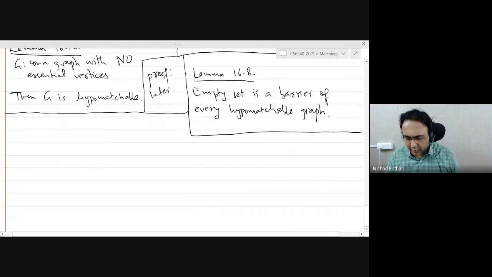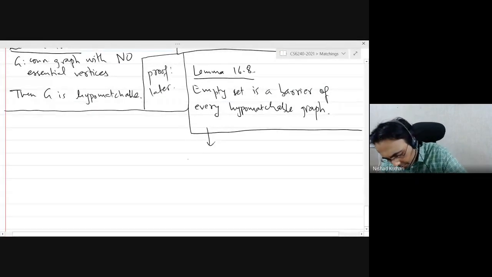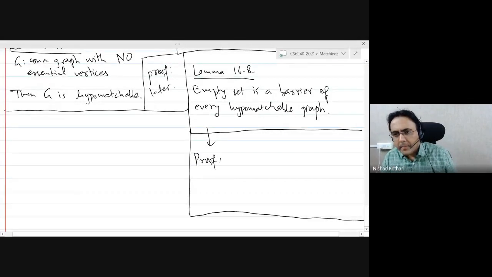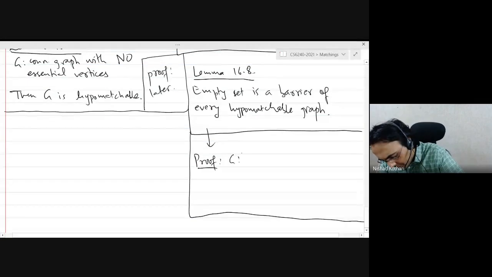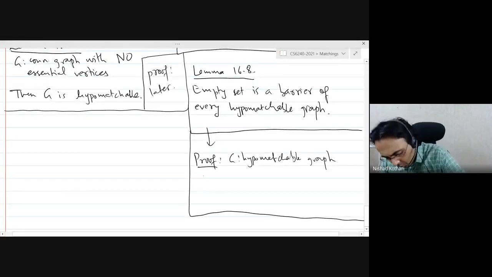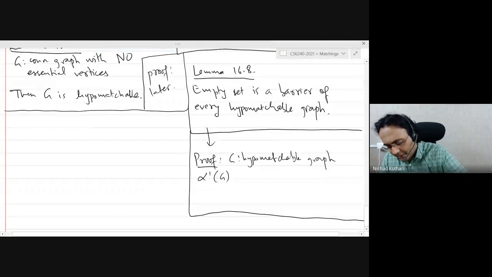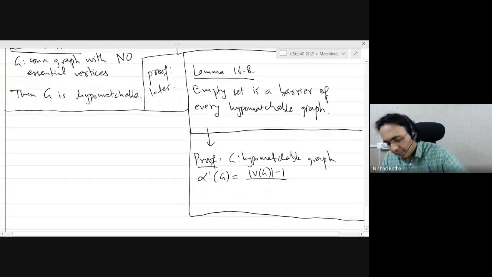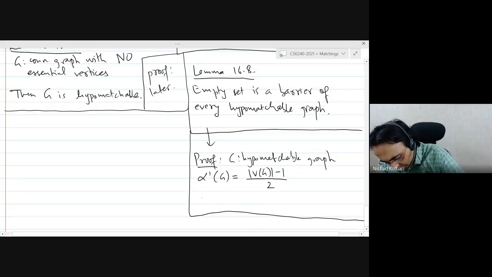Right. So can we prove this quickly? Let's see. Notice that if G is your hypomatchable graph, then what it means is that the size of a maximum matching is, you will leave exactly one unmatched vertex, right? So you will have the number of vertices minus 1 over 2. And what do you get in the case of the empty set?